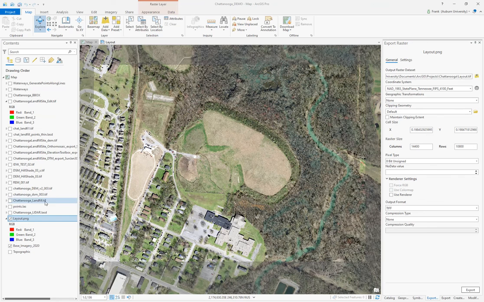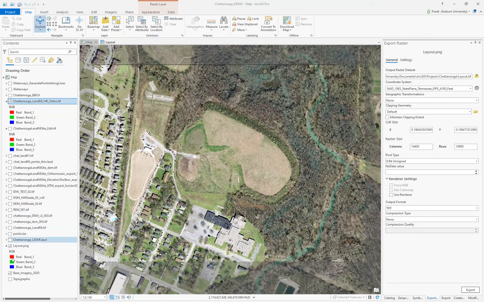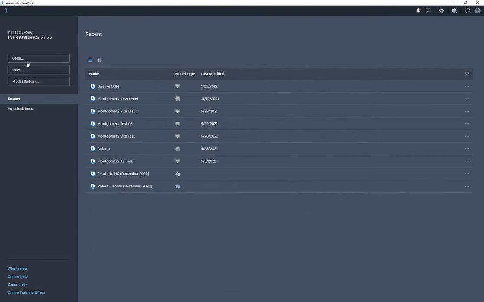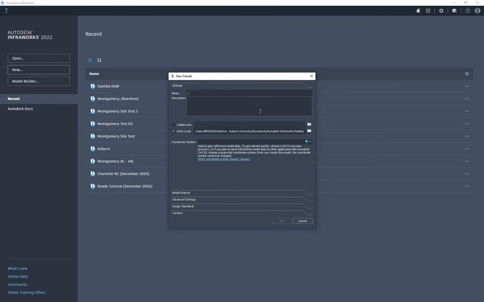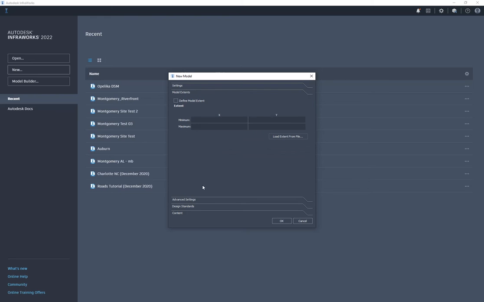Okay, then when it's finished, it should automatically add to your app. There it goes. And then what we're gonna do is we go into Infraworks, and then we can just create a new model. So I'll hit new. Give a name, call this Chattanooga landfill site. Make sure you have it saved locally, and then the coordinate system here, save it to in the case of Tennessee 83 East, or TN 83F, which is Tennessee 83 feet coordinate system, and then choose define model